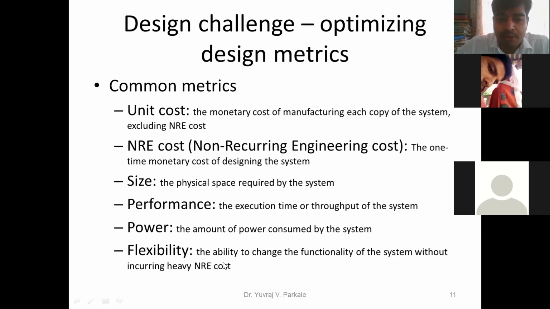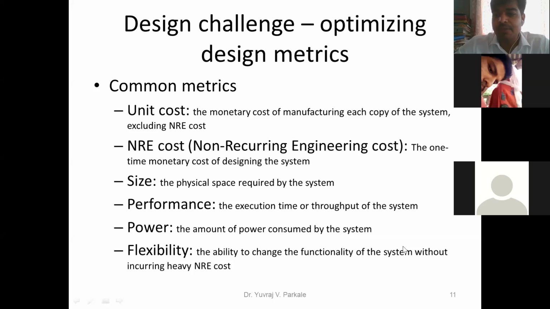The same case is with our mobile phones or our desktop systems also. If you have observed, you upgrade your mobiles. That is, you are upgrading the software of your mobile. Now what is this? This is nothing but flexibility. That means without changing any hardware or major part of your mobile, you are able to upgrade it to different applications or different features. That is called flexibility. Are you getting flexibility?